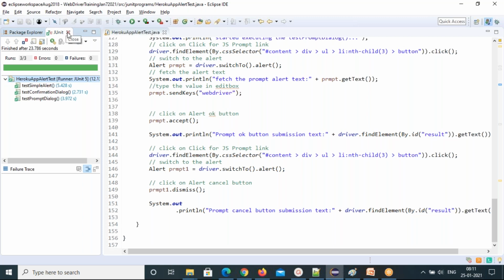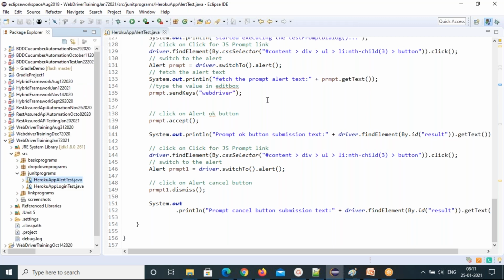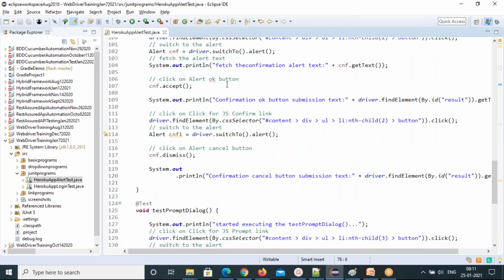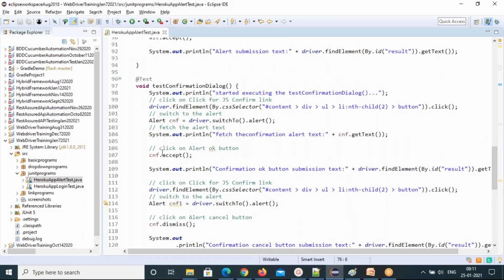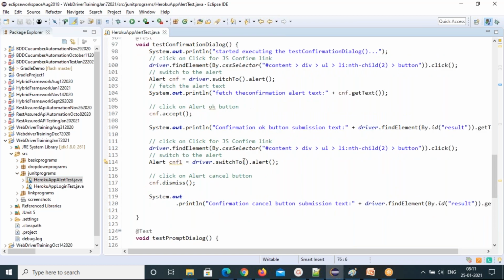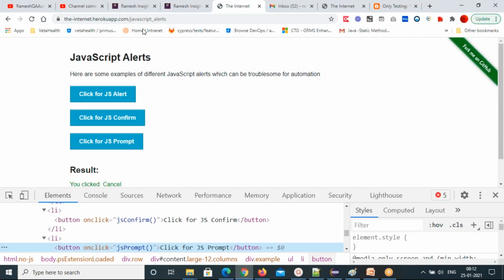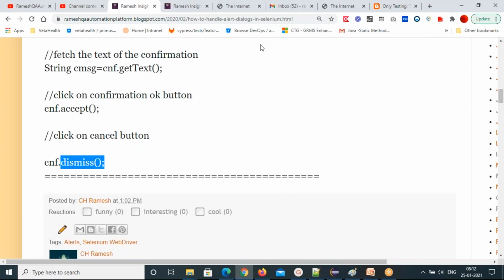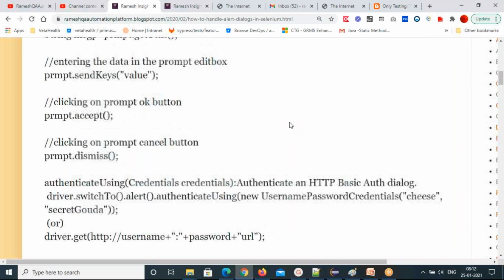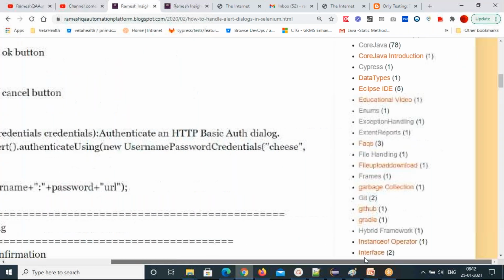That's it about alerts. This is the mandatory interview question. Make sure you are explaining this, how to switch to the alerts, how to handle alerts OK button, and how to handle dismiss. By clicking or cancel, you can call dismiss method. Right? That's all about alerts. So you do other exercise, and this exercise you will get a strong foundation. Next one is